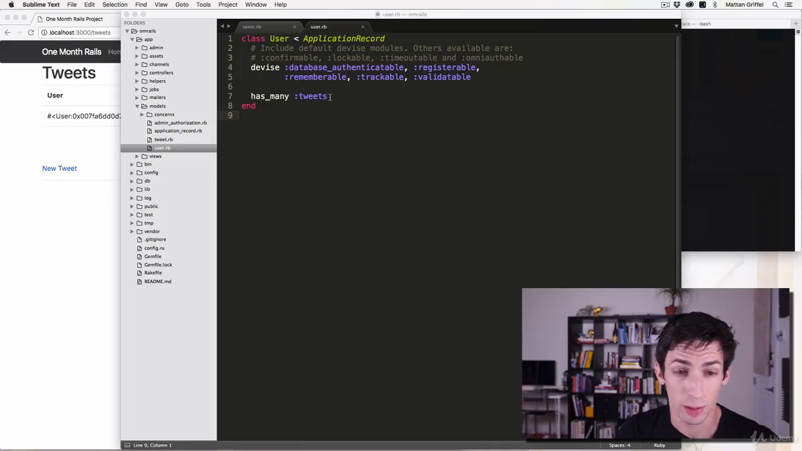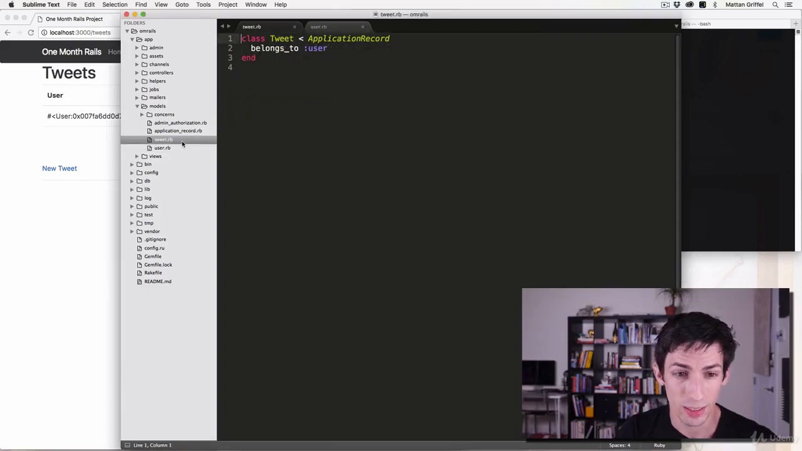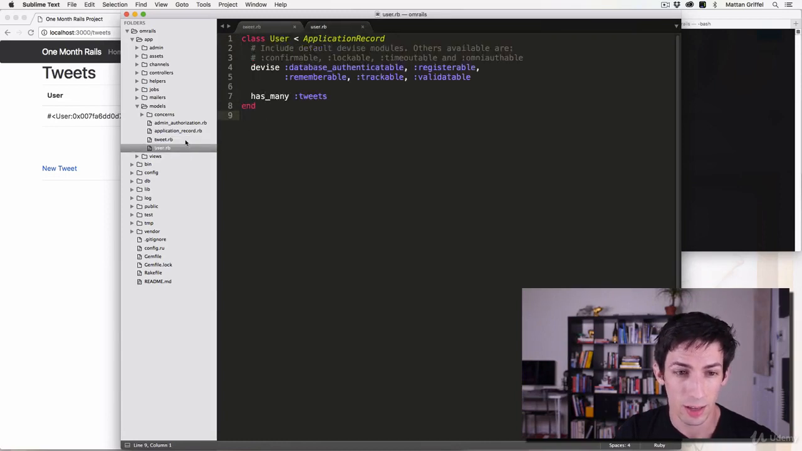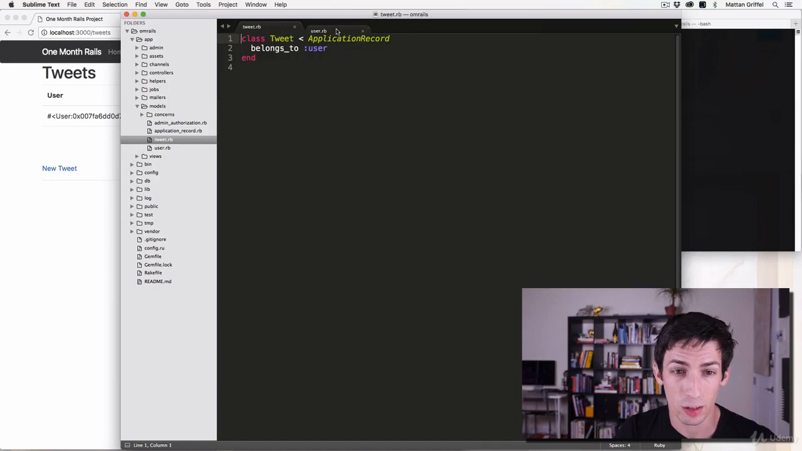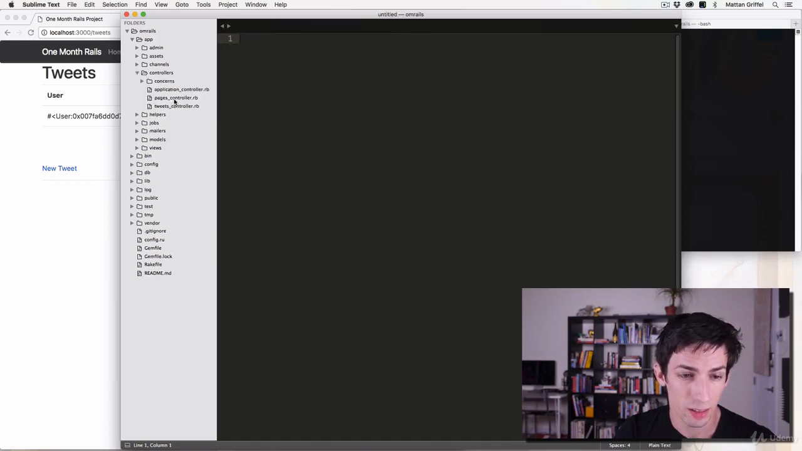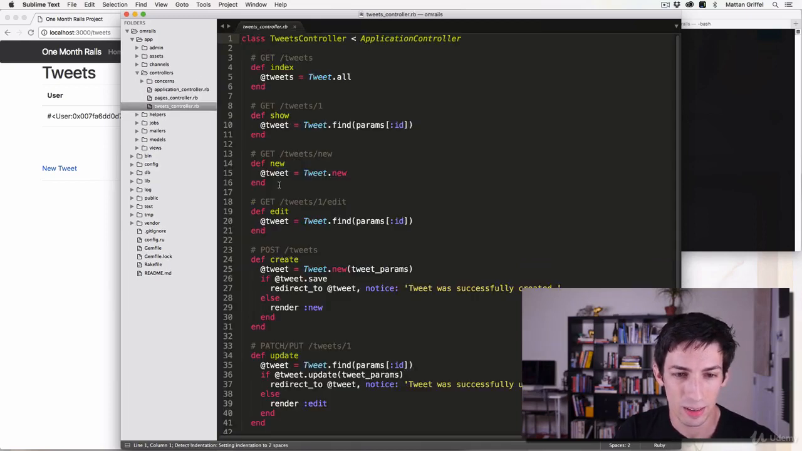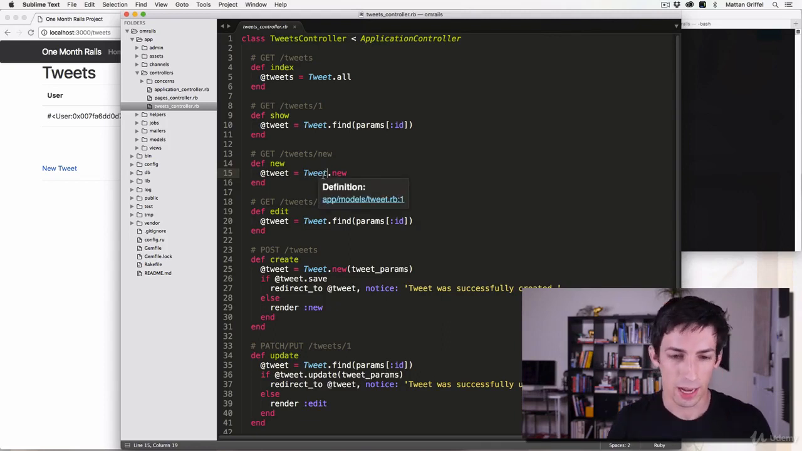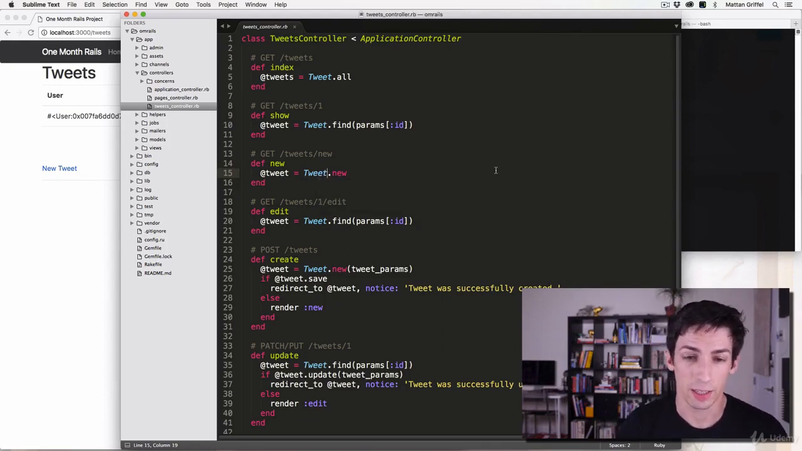So now that I've created this relationship between users and tweets, a tweet belongs to a user, a user has many tweets, I can go into the controller and instead of creating a new tweet through the tweet model, which will just create a totally empty one, I can use a very special function that Devise gives us. Instead of creating this, I'm going to do tweet equals current